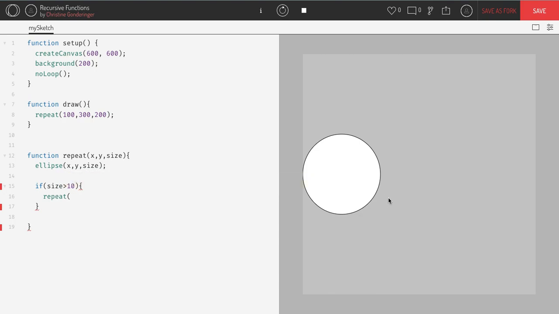except instead of my x coordinate being in the same place, the center of the same one, let's shift it over to the right, and let's just shift it over by size, right? Because that's how big that first circle was. So x plus size. Let's keep it in line though, so let's keep the same y coordinate. And then maybe we don't want the same size diameter. You know, we sure could, but then it's going to run forever and ever, right? Because the size isn't changing. And so what we want to do is cut it in half,